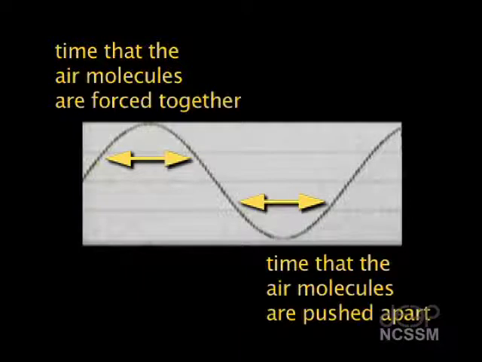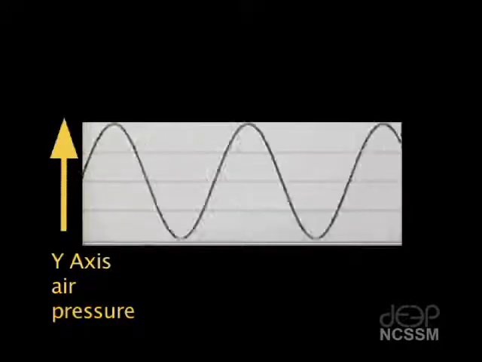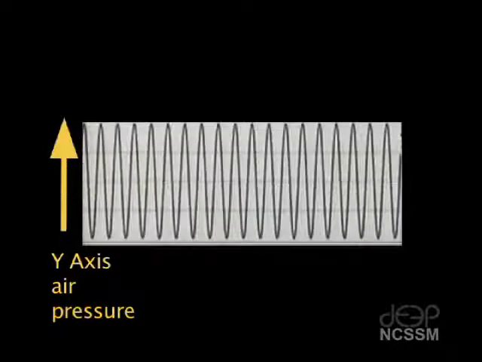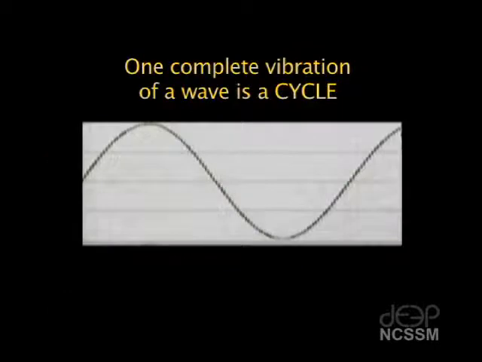So, the y-axis is air pressure. You will notice that it happens over and over. This takes time, so the x-axis represents time. One complete vibration of a wave is known as a cycle, and this is how we begin to relate these